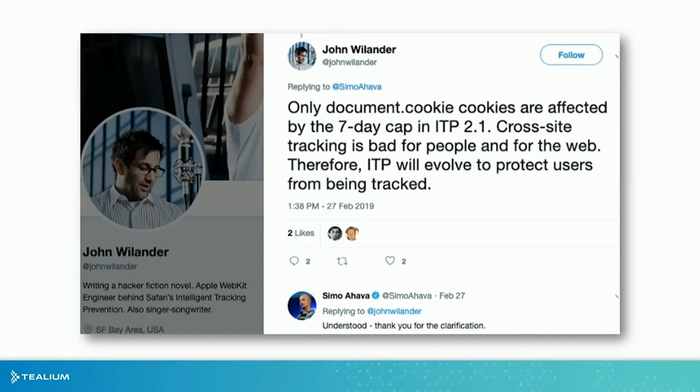So getting into some of the interesting discussion or characters involved with ITP, here's John Weilander. He's the main developer at Apple making these changes in the Safari browser. You can see he's a hacker fiction novel writer. He's also a singer-songwriter, and you can see him pictured next to his microphone here. So he's a bit of a rock star, and I think the ITP stuff only makes people want to buy